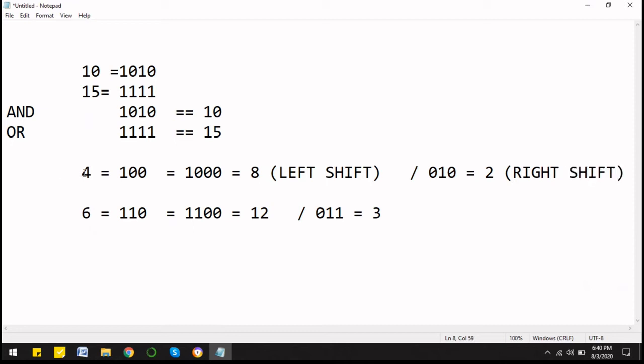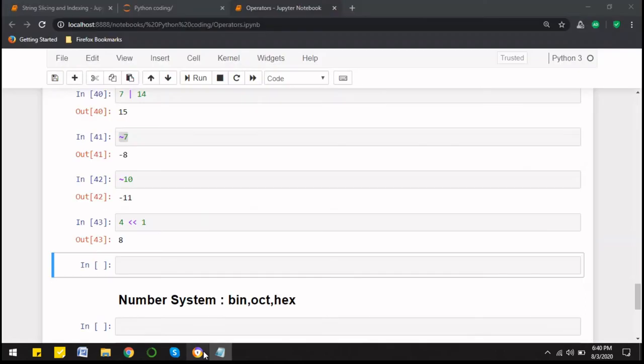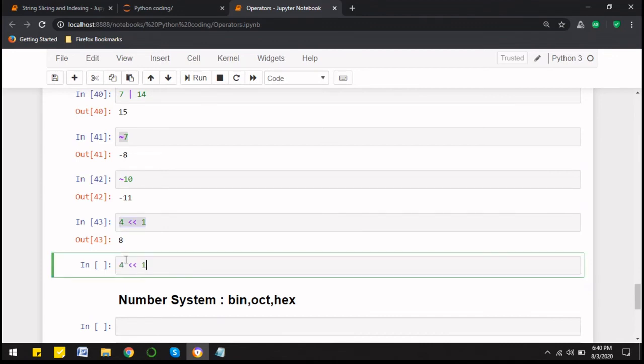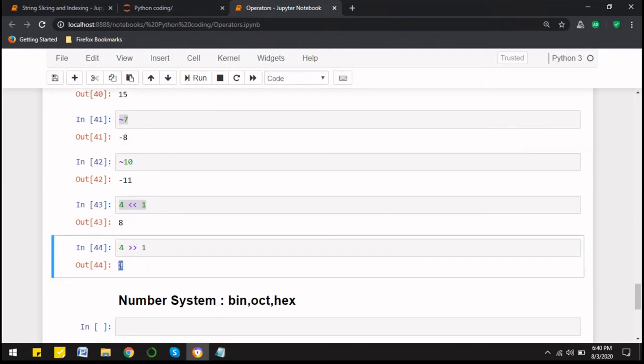So now let's take this example for 4 and 6 both. So 4 when shifted to the left, this is pointing to the left side, left arrow, right? And similarly I shift 4 to the right side. We can see while shifting it to the right side, the value gets halved, and when shifting it to the left side, the value gets doubled, right?